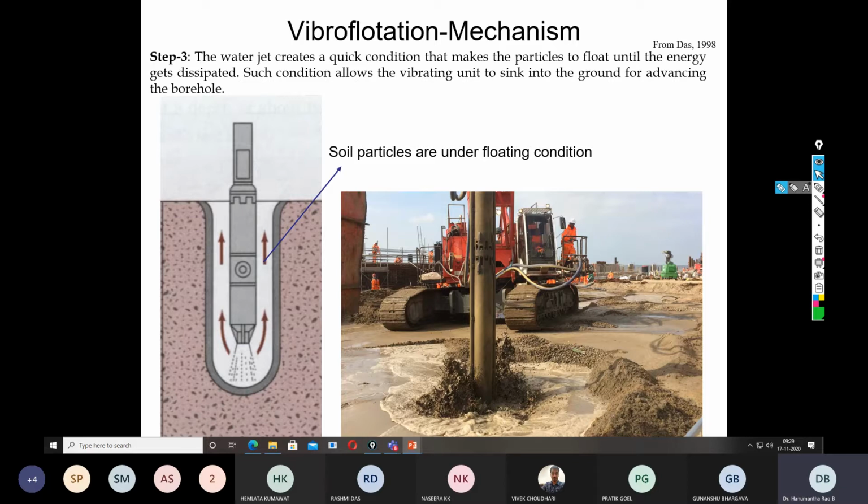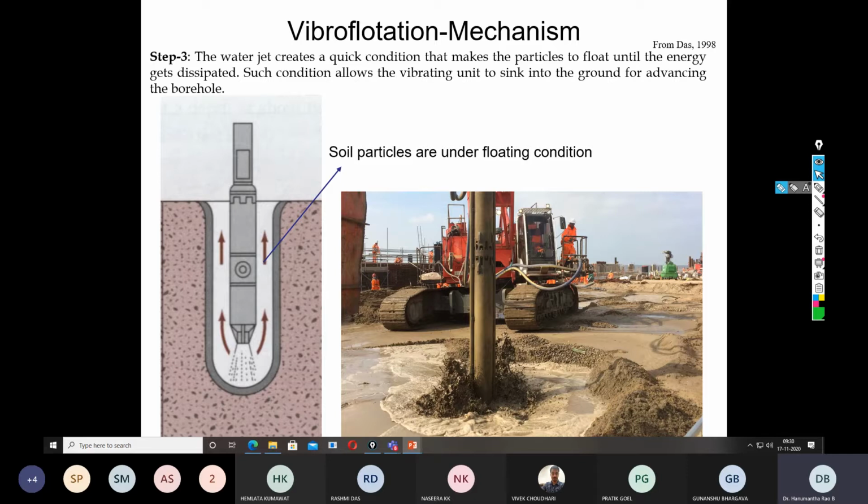Because of the liquefaction or the quicksand condition, the water comes out to the top and the soil particles get rearranged at the bottom. Here we also apply the energy in the lateral direction. So for advancing the borehole, we use the water jet along with the vibration, but during the densification we also use the vibration, and we also pour the backfill material, which I will show you. But the fundamental mechanism is inserting the probe, called the vibro probe, into the loose